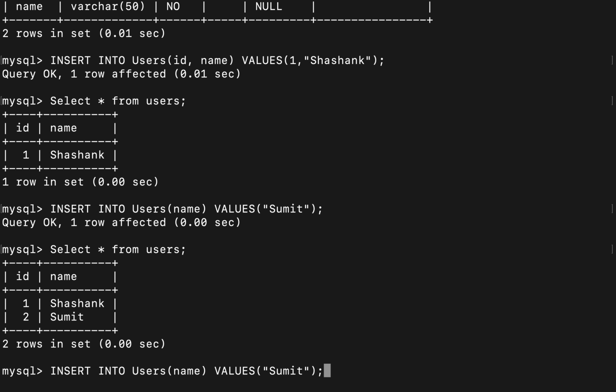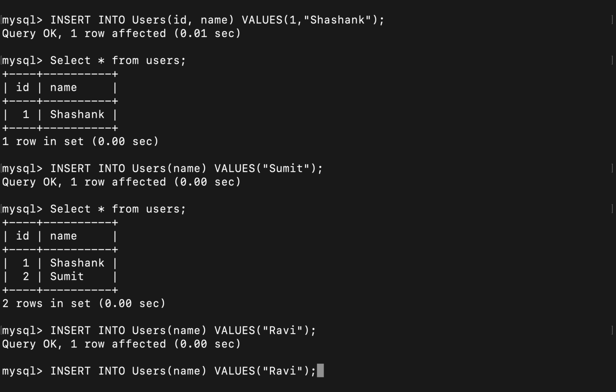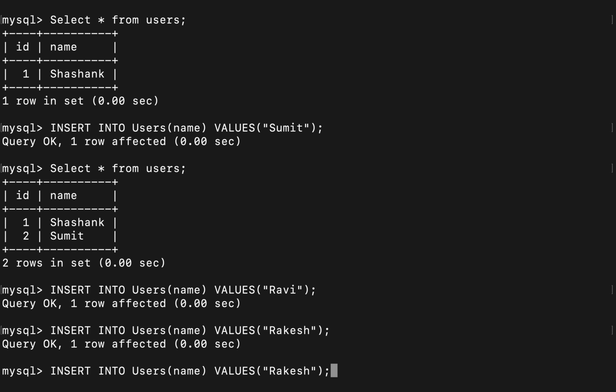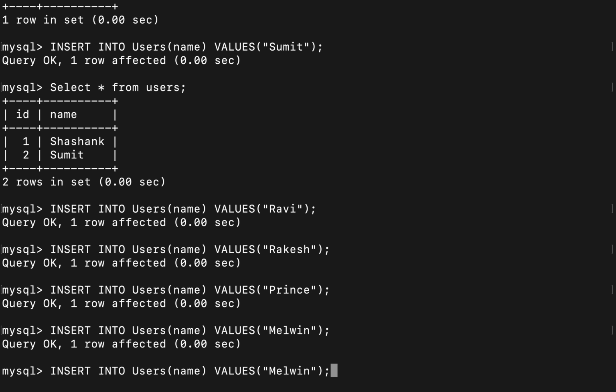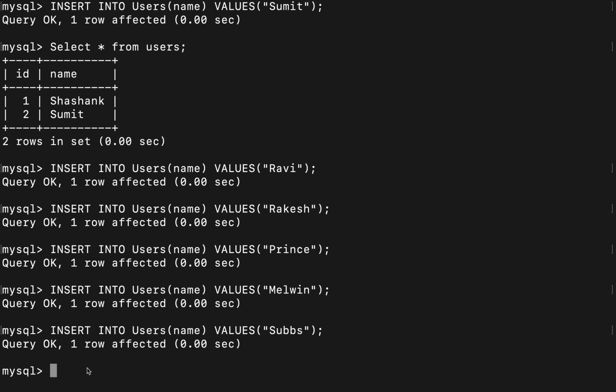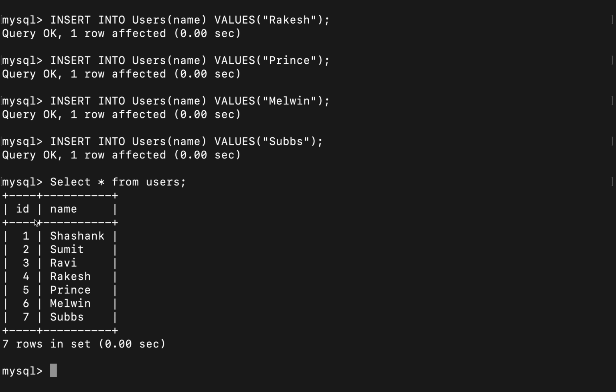Let's say I'm putting a few more values, Ravi, and so on. If you see, all values are auto incremented, right? And these are the other names which I have inserted into this users table.